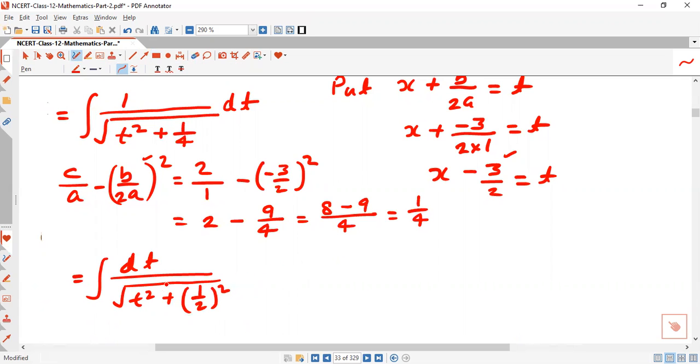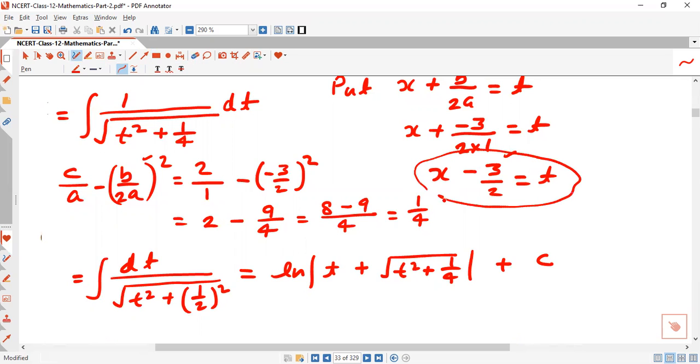Since we know the formula, this is a simple formula: log of t plus the same value, under root t square plus 1 by 4, plus some constant c. Now put the value of t. t equal to x minus 3 by 2. Put this value: log of x minus 3 by 2